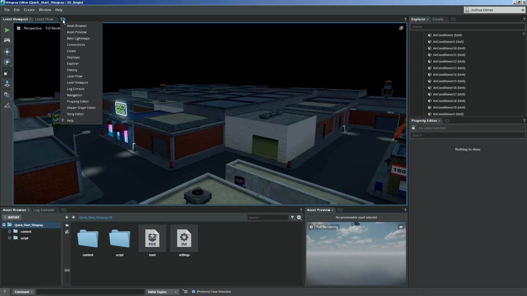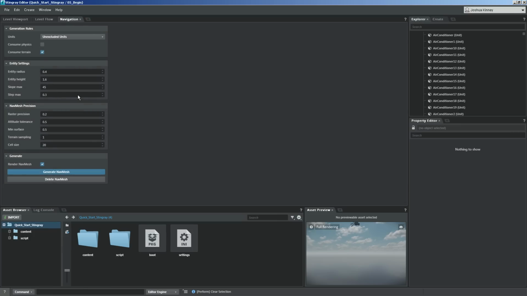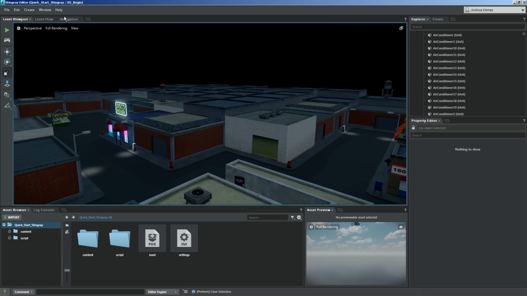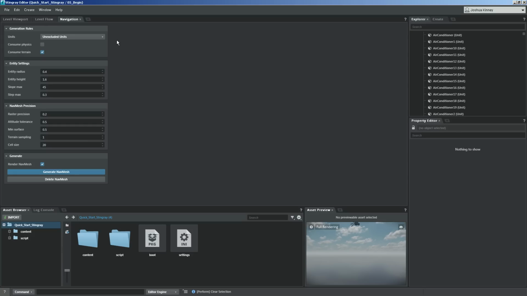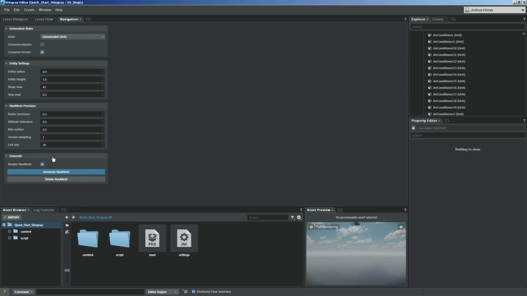You'll notice that whenever we do this, it brings up a menu and it will allow us to dock a new tab based on our selection. So if I come in and I say, all right, let's put in our navigation tab here. So navigation comes up and you'll see that it is now docked as a tab. Now you could also go up to Window and select Navigation and it will come up as a floating window. Now you can see here that it's already docked, so it's not going to actually bring that up as a